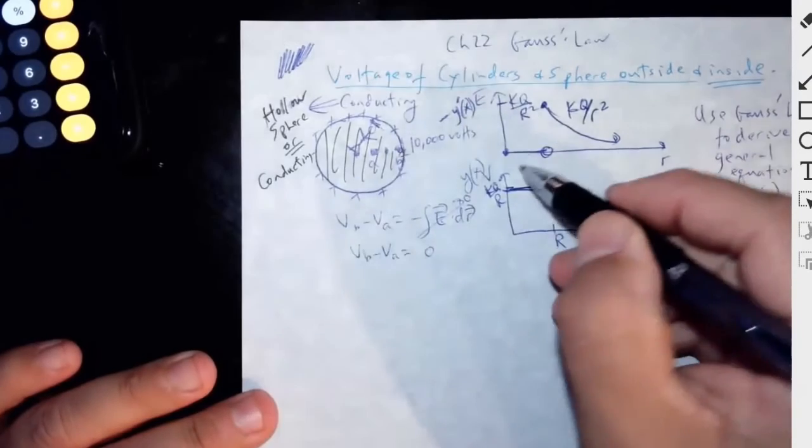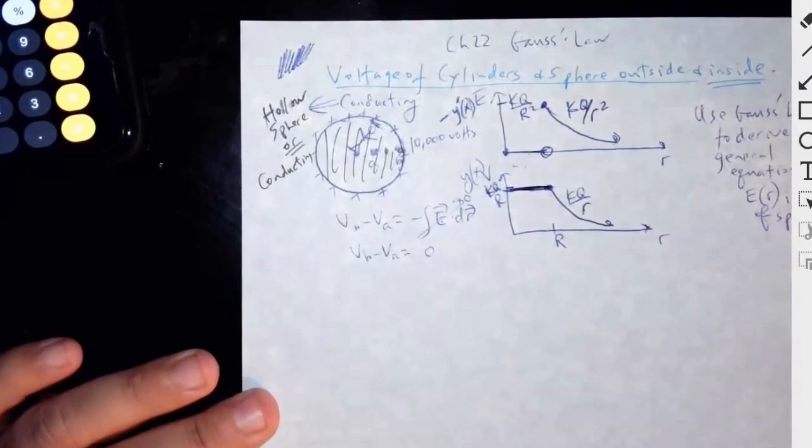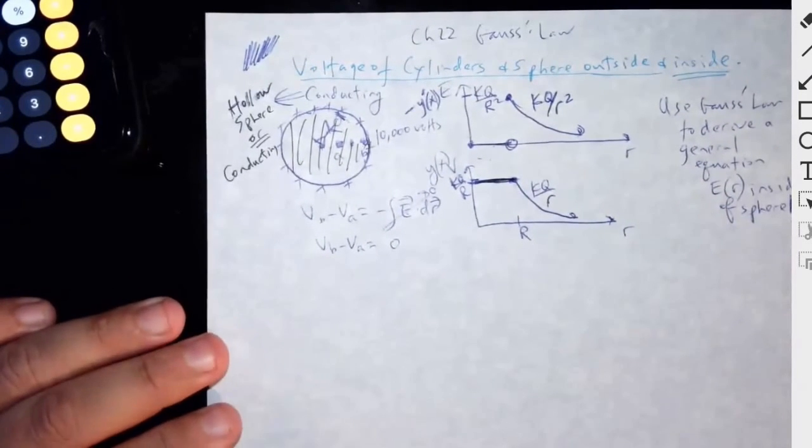Okay, so that all has to do with this. You see, the electric field is 0 and the voltage is 0 inside of the conducting material. Now, if it's insulating,